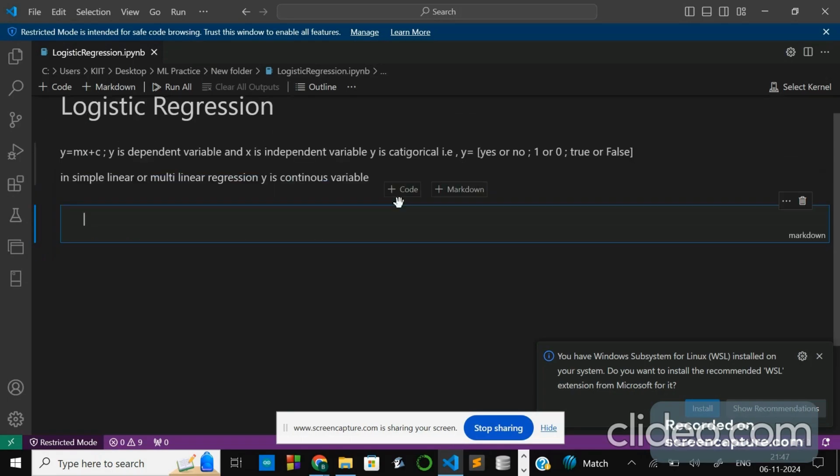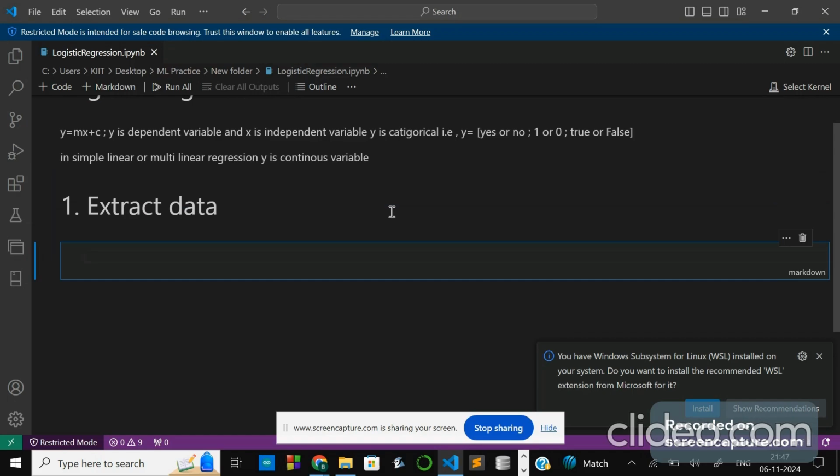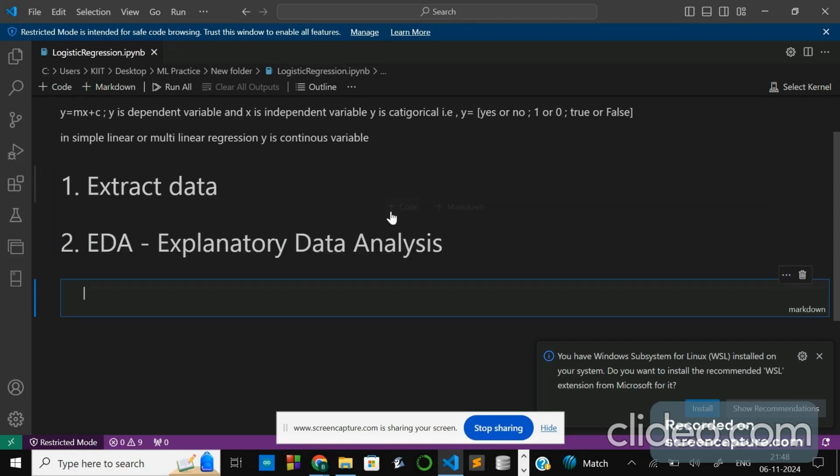So what are the steps to be considered to build a logistic regression? As we know, the first step is to extract the data, the second step is EDA, exploratory data analysis. The third step,